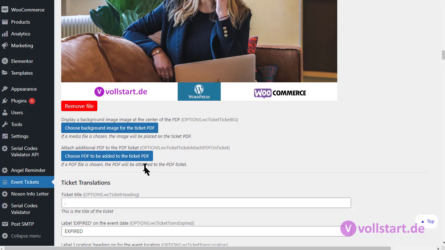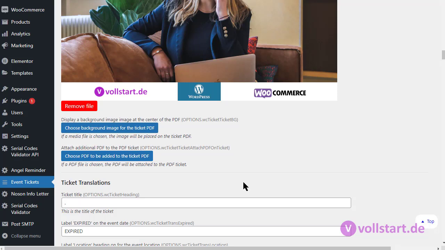Maybe you want to explain something about the singer, or you want to add offers or your catalog, and so this is where it goes. You just add an additional PDF, and the system will try to merge the PDFs. If it's not working, please do the test up front. Then maybe your PDF you're using has special features like a password, or the size is not 100% supported. I uploaded an A3 PDF attached to a normal A4 ticket.